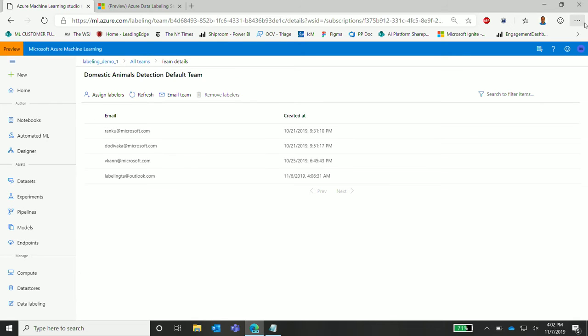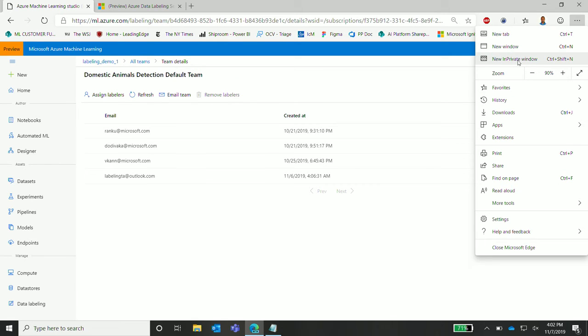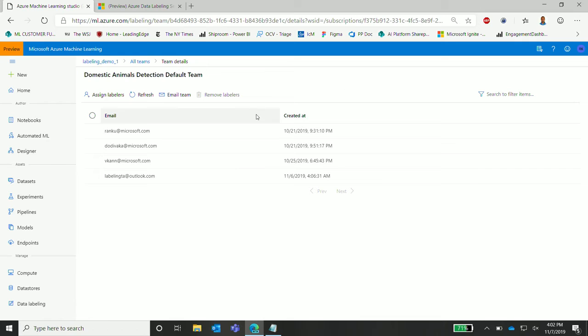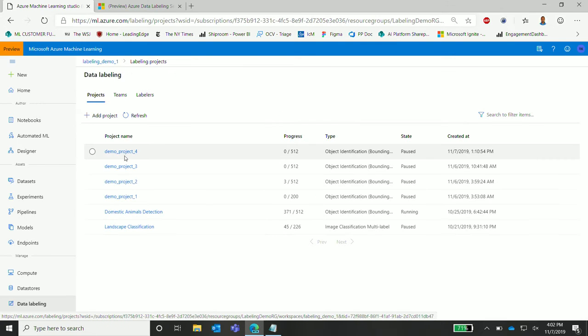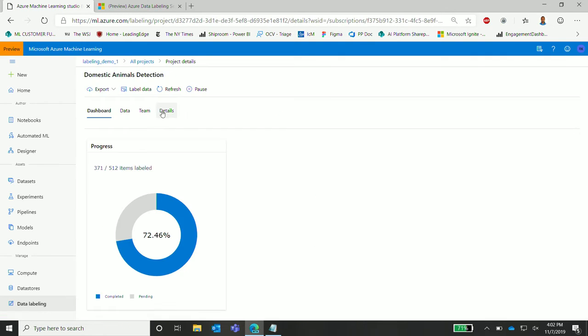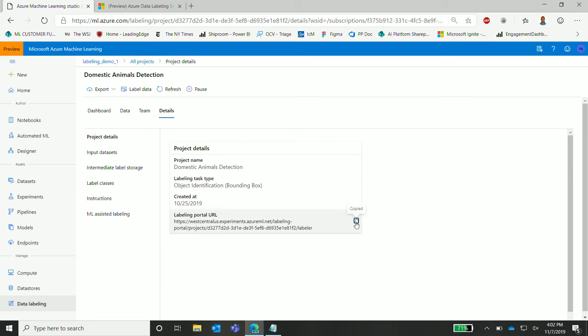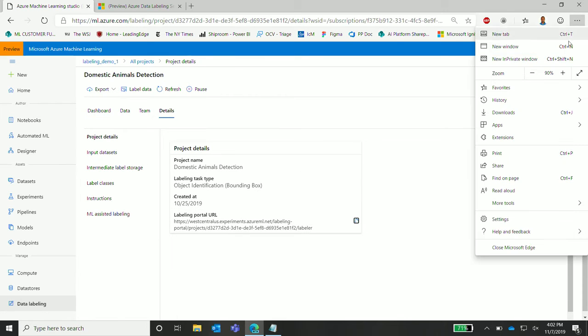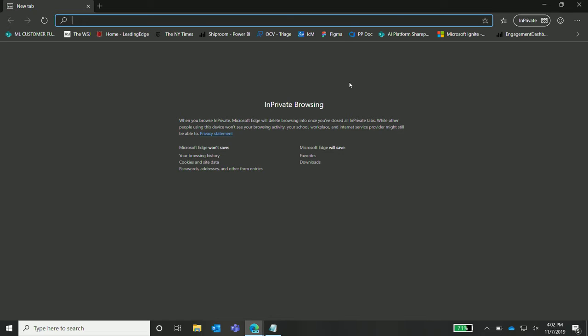So let me switch to a different window. What you need to do is share the URL of the labeling portal with that person. So if I go here in the project details, you will see the URL. Let me take this URL and go to another window.